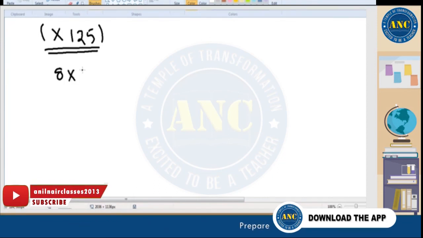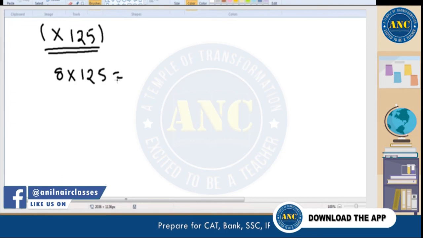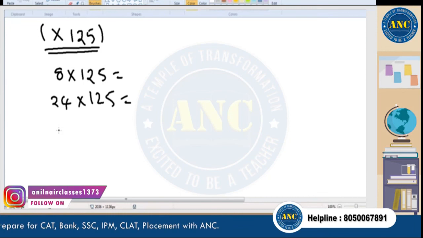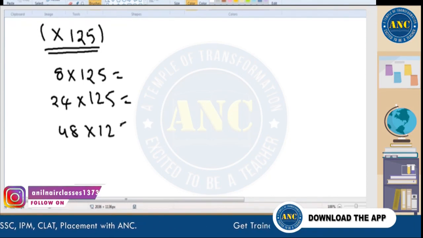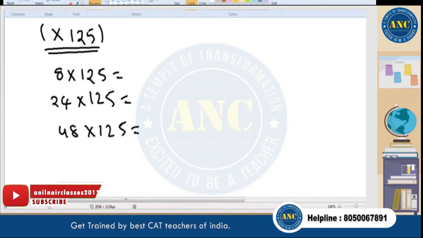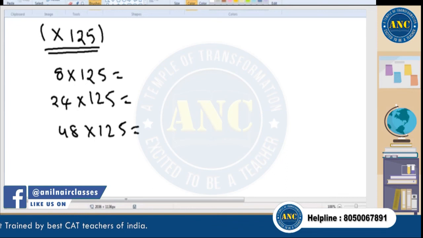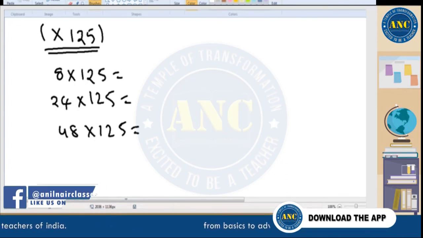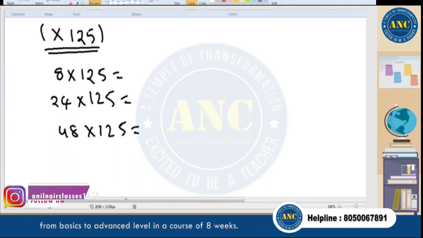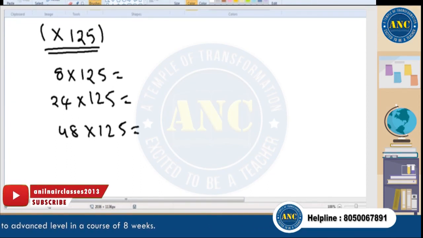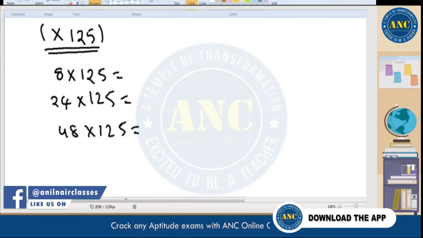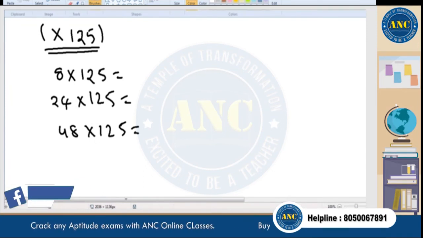Let us consider few easy numbers. 8 into 125. Let me consider 24 into 125. Let me consider 48 into 125. If you have to multiply any number with 125, what can I use, sir? Yes, Prem Kumar, you're 100% correct, sir. Divide with 8. Praveen, how can it be 10,000 by 4, sir? Okay, in one way you can think in that way, but I can simply write it as